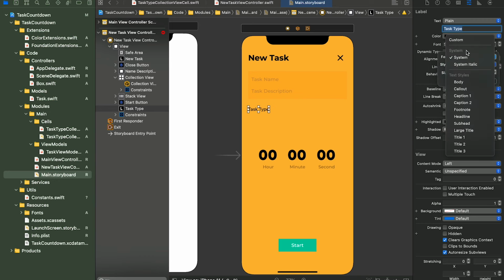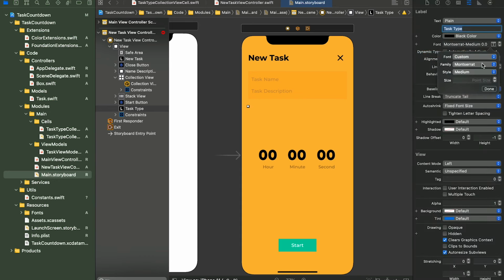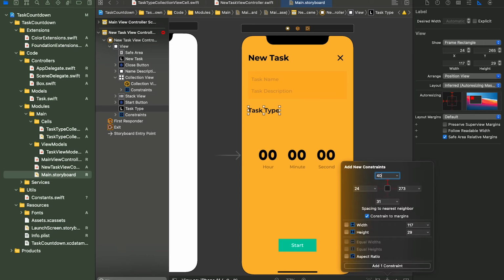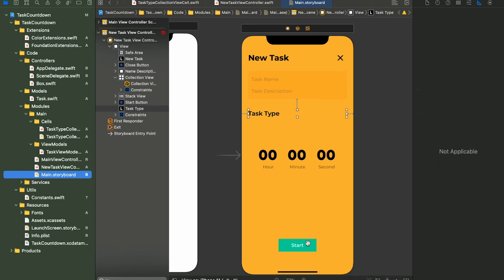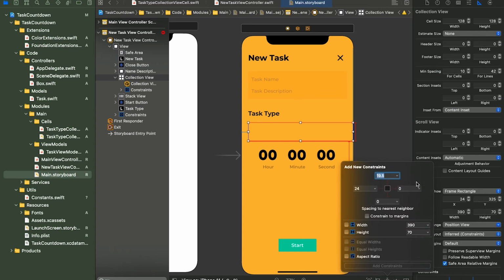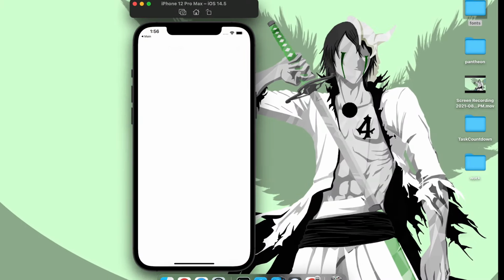Set the font. And then we'll add a top constraint of 40 and a leading and trailing of 24. Now we'll add a top constraint to the collection view again. Set it to 28.